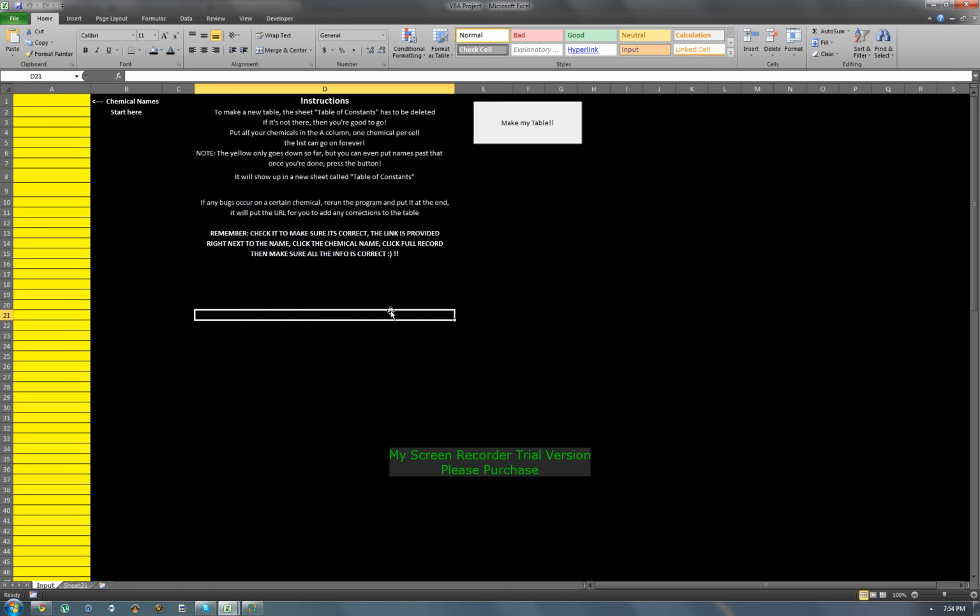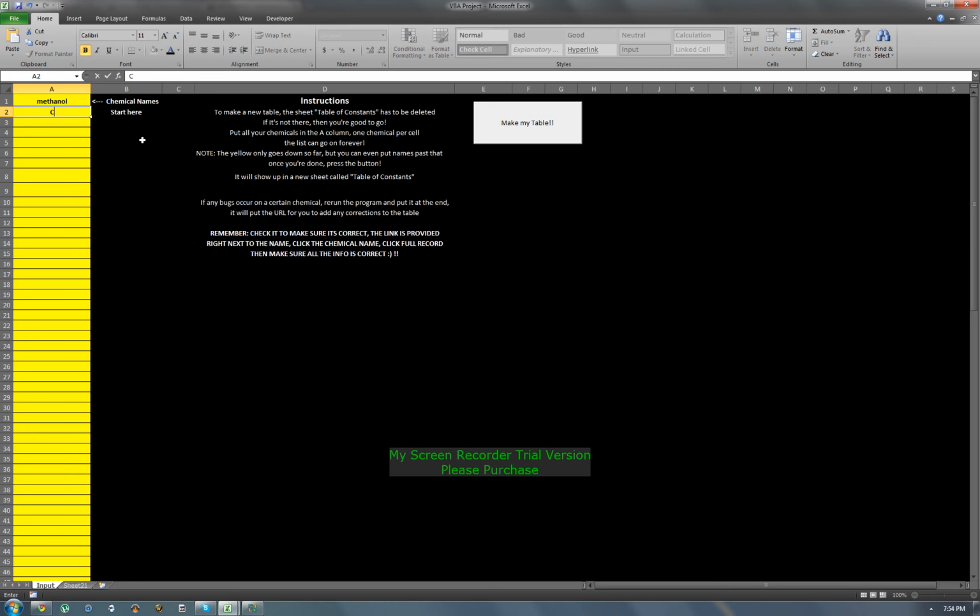And often the chemicals could reach up to 15, possibly even 20 chemicals that we'd have to use for these experiments. So in the end it'd be kind of time consuming. So if I run you through this right now, my sample chemical is going to be methanol, but we can add in some other random chemicals, maybe chloroform,